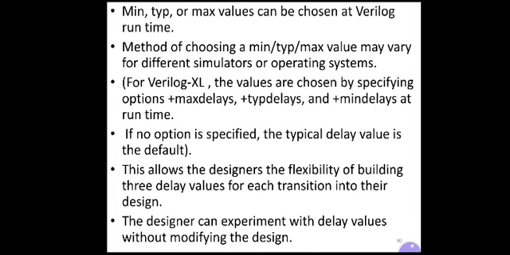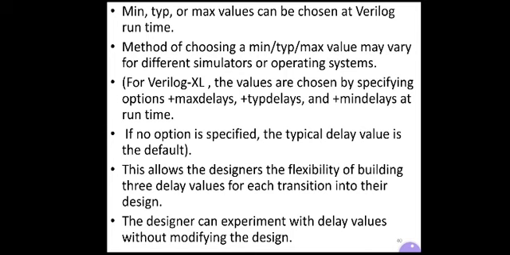So minimum, typical or maximum value can be chosen at the Verilog runtime. Whenever you run the program or during the simulation time, these values are going to be chosen: minimum, typical or maximum value.